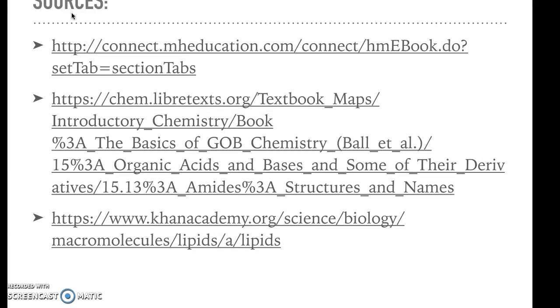And then these are my sources listed. I used the book, Chem.LibreTexts, where I just got a few different random facts, and then Khan Academy gave an overview of the last chapter with macromolecules and lipids to help bring them together and help me better